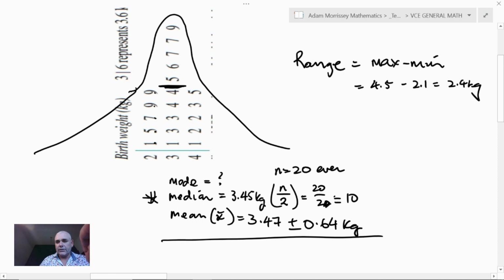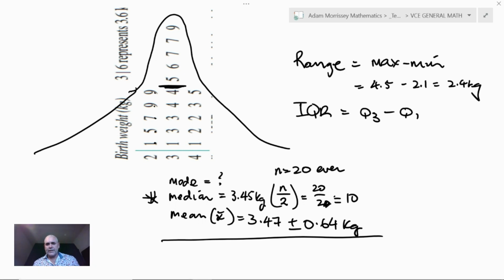We've got the range, and that's a crude measurement of the spread of the data. And now we want to get the IQR. And that's going to be Q3 subtract Q1. And we've got the information there. We can look at it on the table, but I might, because this data is in order and it looks relatively easy. So Q3 has to be, we need to cut the upper half of this data in half again. So Q3 has to be somewhere between